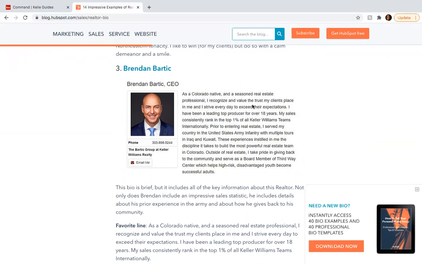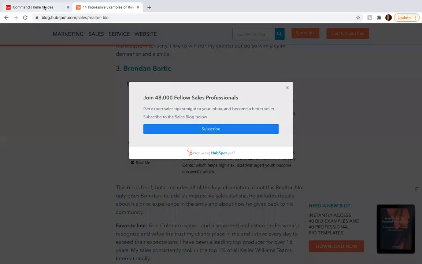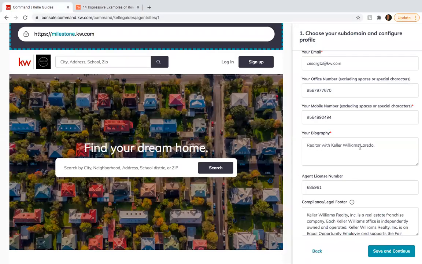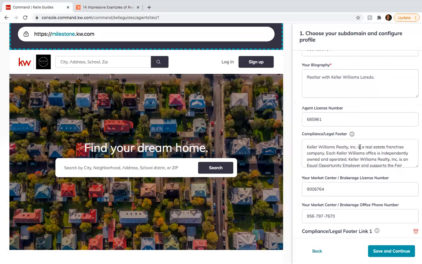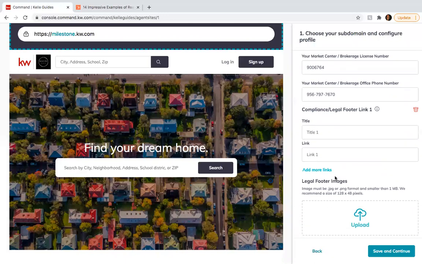I recognize the value, the trust my clients place on me. So you can just copy some of this, and this one actually happens to be a Keller Williams agent. Okay. So you can copy this or copy parts of it, paste it, and tweak it up to make it yours. All right. Once you have all that information, you're gonna keep scrolling down,